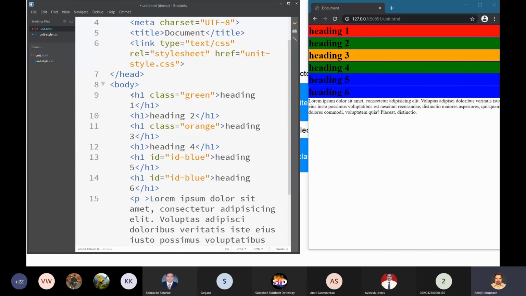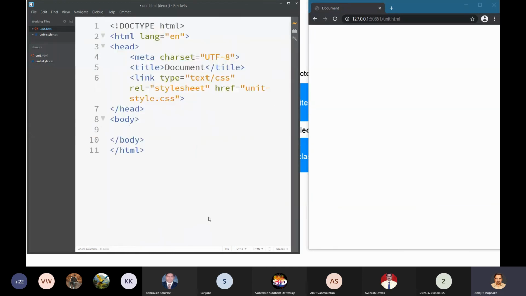Another thing is that when we use the class, it becomes very easy for us to design this using emmet. For example, suppose I want to create a div element and specify the class also. In emmet, the shortcut is like this. I press the dot, and then the class name I want to give, let's say title class. Then I press tab. See what has happened? Automatically emmet has created a div element with the class title, right?